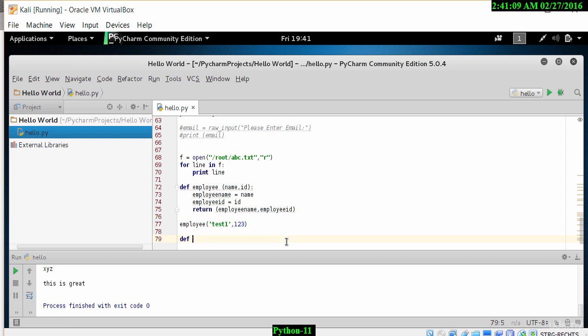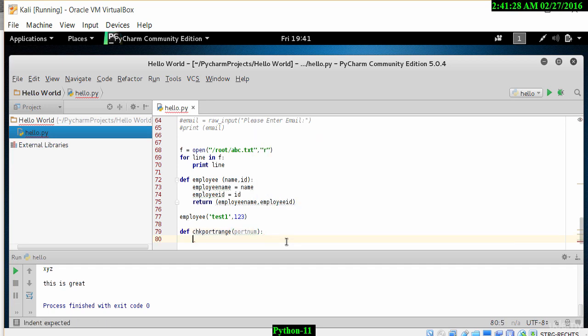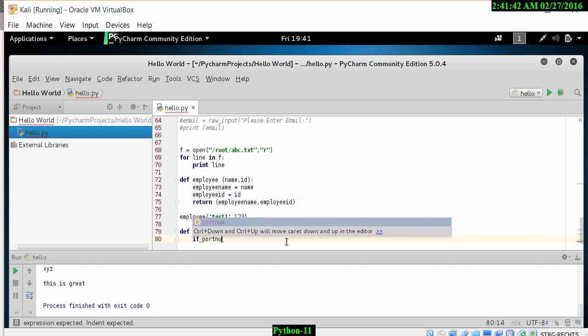Let's use another example now, and let's use something with port numbers, something that will be useful in our hacking examples. So let's define a function here called check port range, and I will put in port number here. So basically what we want to check is if a port number is within a specific range. So let's use the number 65635 as an example, and 0, if port num is greater than 65635,